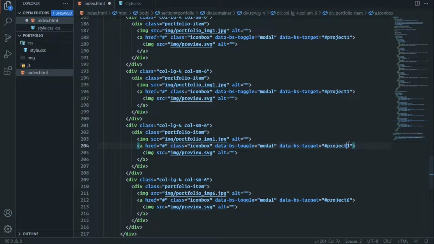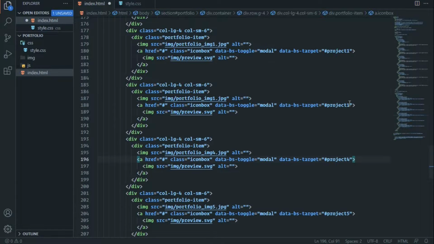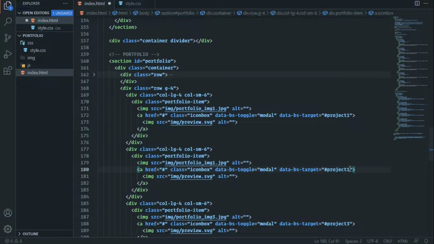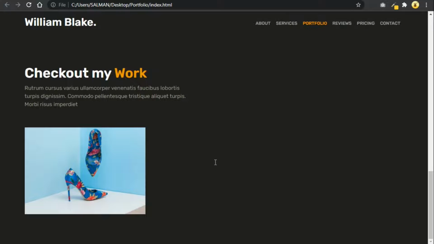It will go to project 5, image will be 5, 4, it's going to be 3 and 2. Save it and refresh,